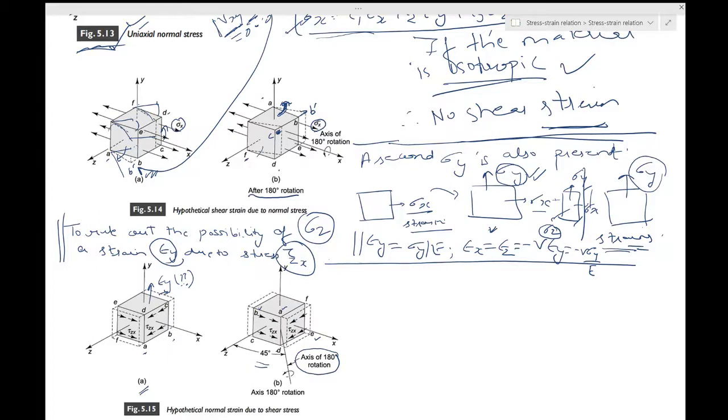The way they have shown in your textbook, is it actually the strain in the y direction? I'm not really sure about it. Okay, because the way these extensions have been shown, it seems to be a strain in the z direction, a normal strain in the z direction. Okay, so it seems that this is what is happening over here. Okay, so I think this is actually epsilon z,